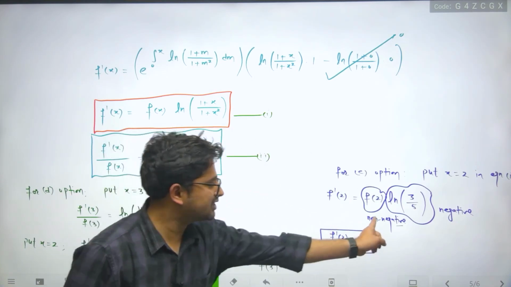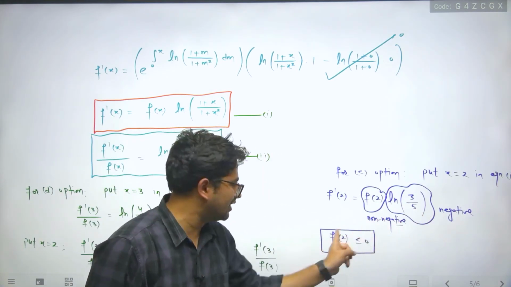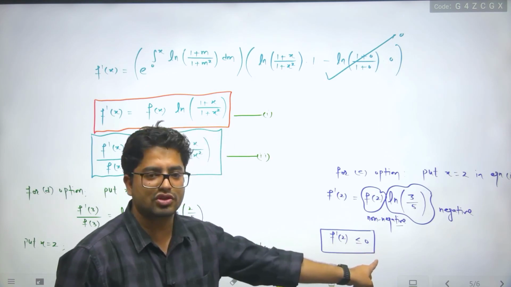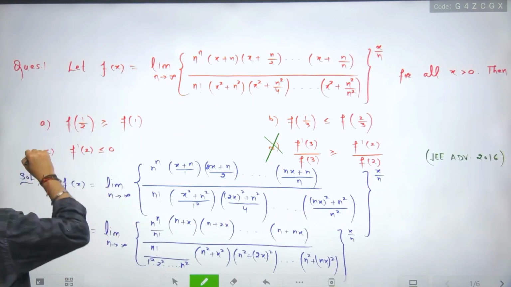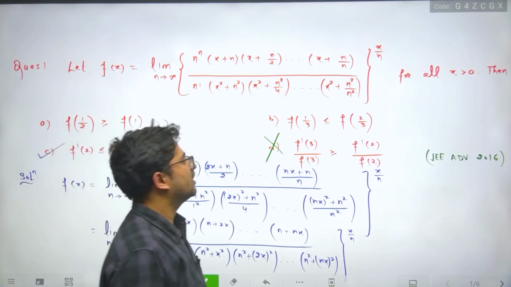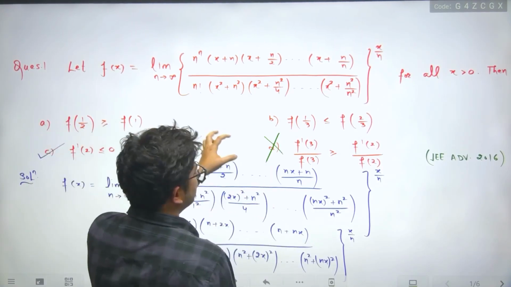Got it? Let's say this is 3, this is negative, so negative value. So f dash 2 is less than equal to 0. So C is the correct option. Now, sir, for first and second,